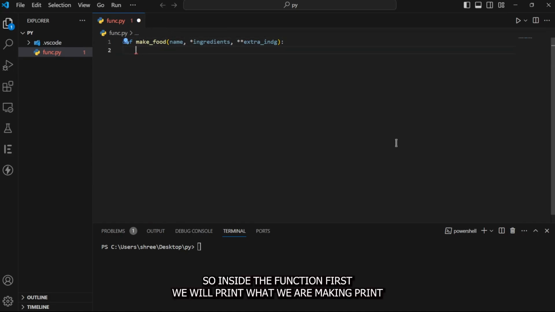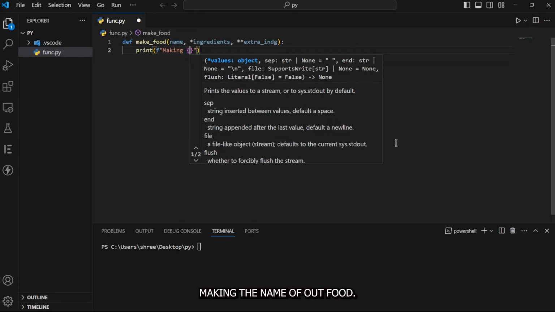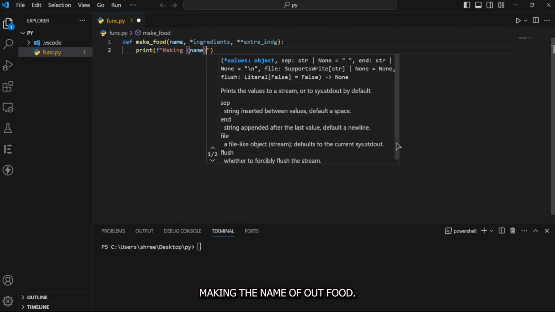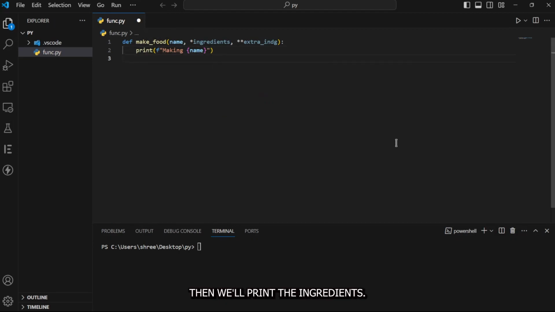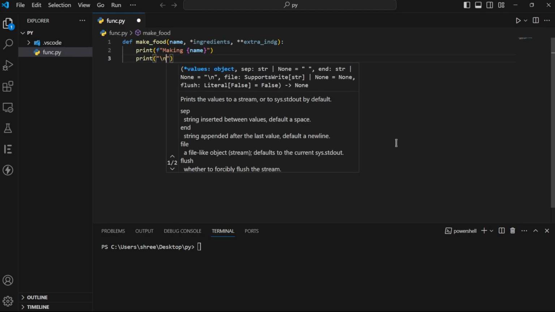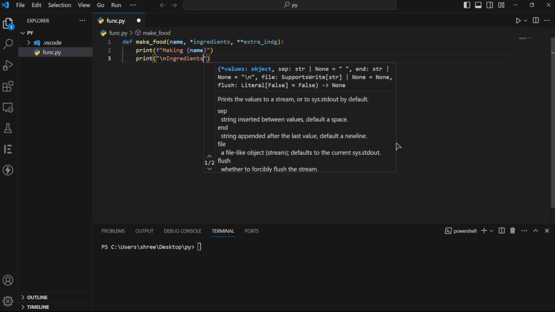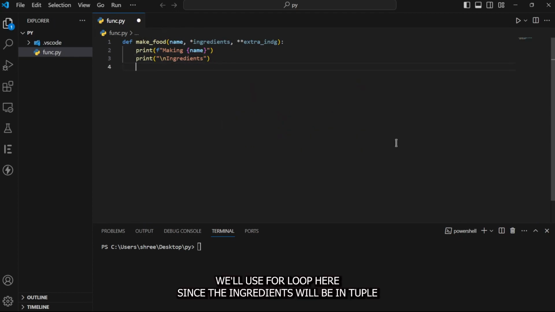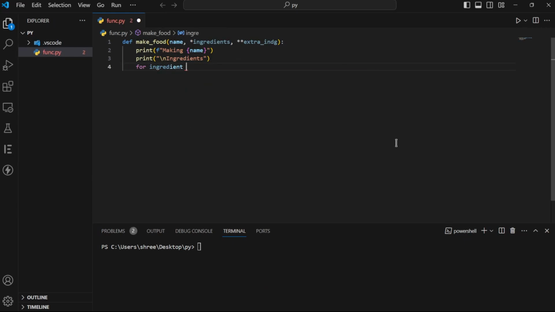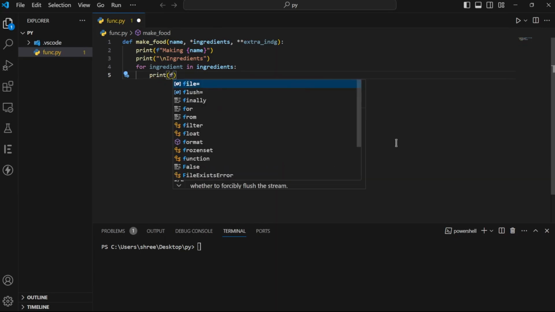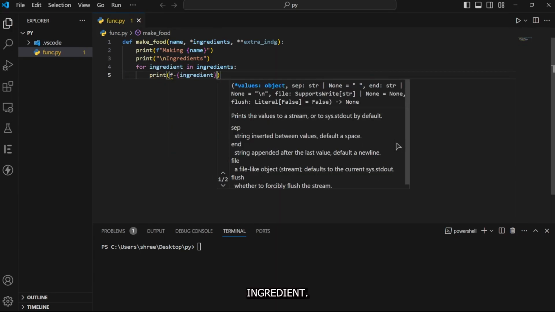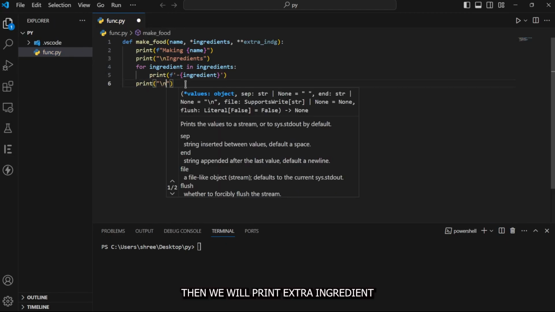So inside the function, first we'll print what we are making. Print making the name of our food. Then we'll print the ingredients. Print ingredients. We'll use for loop here since the ingredients will be in tuple. For ingredient in ingredients, print ingredient. Then we will print the extra ingredient,